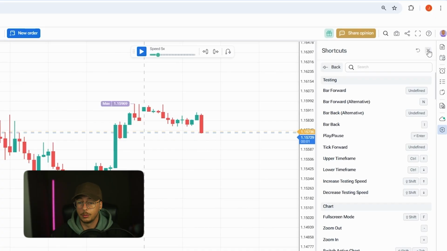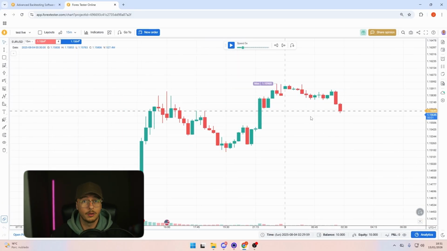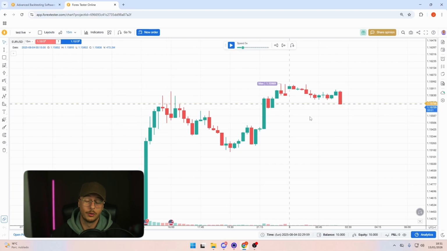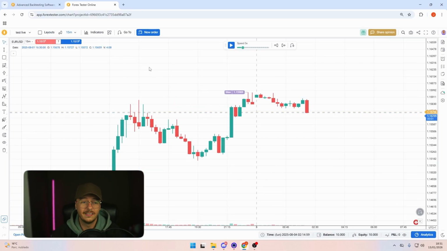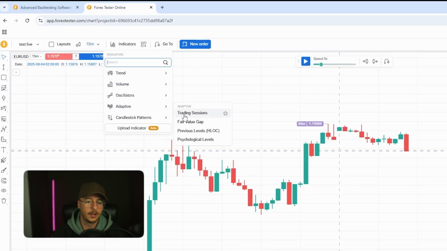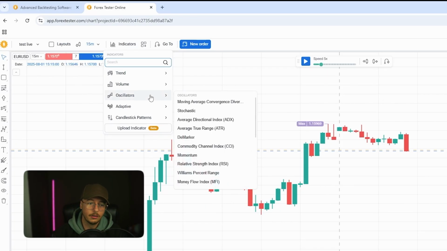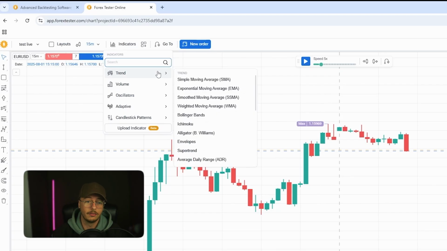In this case, I have a few keys on my mouse, a few buttons, so I go backwards and forwards on my mouse, and this speeds my backtest up quite a lot. If we need to set any indicators, we can come straight up to here to indicators, and we have adaptive, like custom indicators. We can upload our indicators. We have candlestick patterns in case we want to backtest, like say an engulfing pattern or morning star, or we can go to the classic oscillators, volume and trend